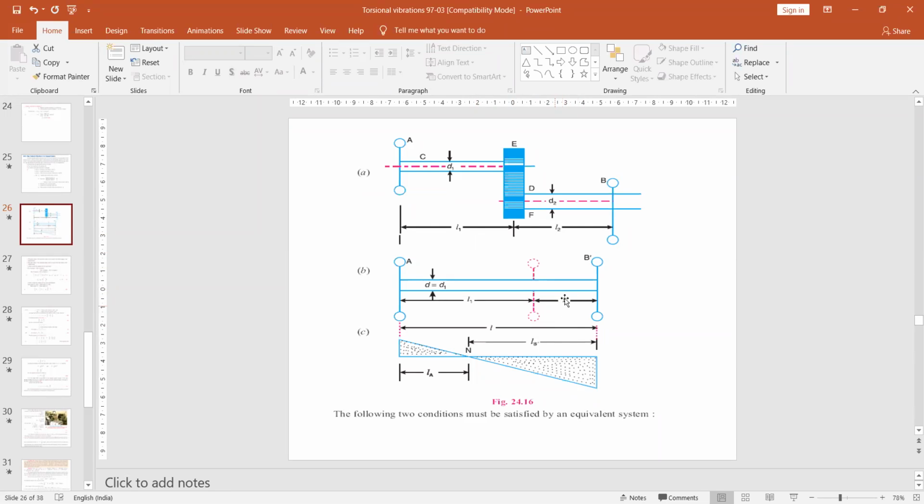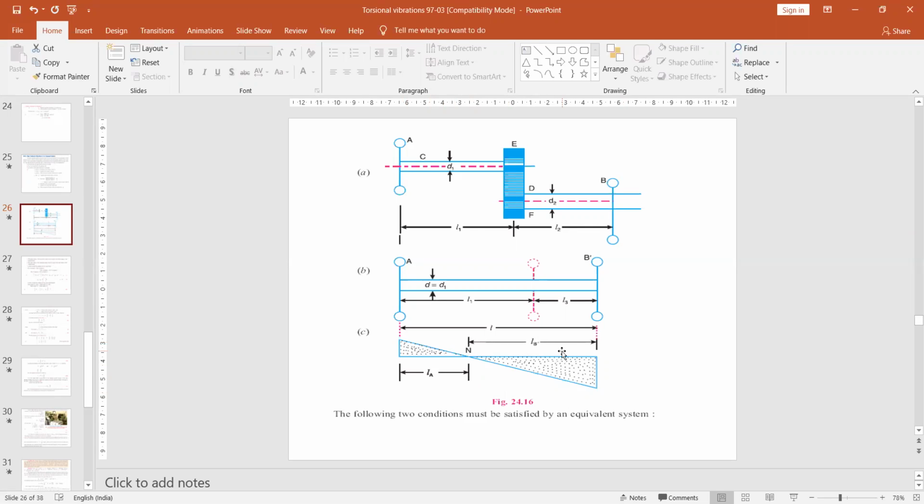Because that decides how much length our equivalent shaft has. So L3 is also there. This equivalent shaft has only two rotors, so we achieve only one node. Those are LA and LB, the node distances from the node to rotor A and rotor B. So there is only one node to achieve here.